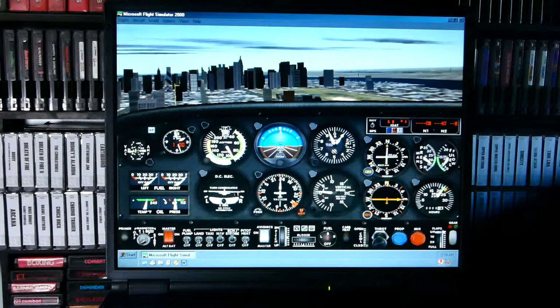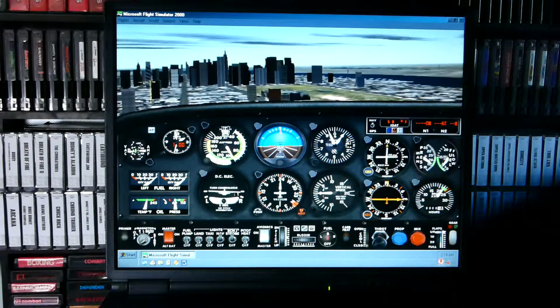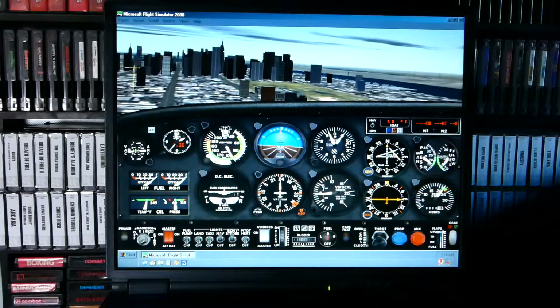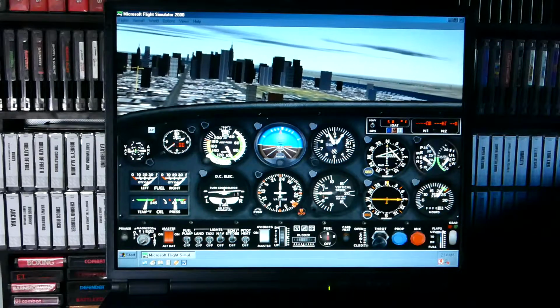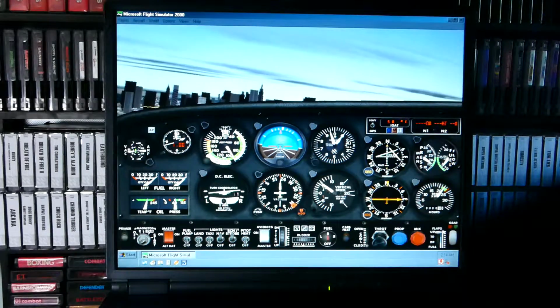Got the nice Windows 2000 style graphics. It's from like 1999, so the graphics are very primitive. And the first thing that you see right there is the Empire State Building. The World Trade Centers are way, way off in the distance. Let's see if we can